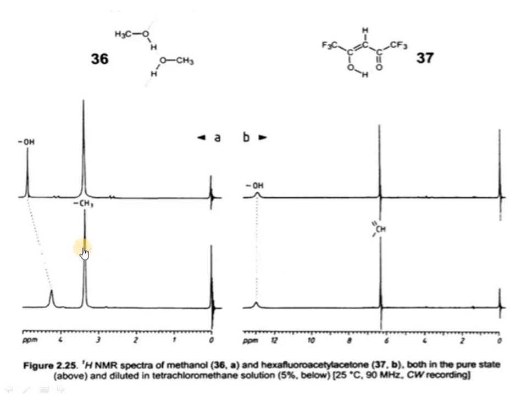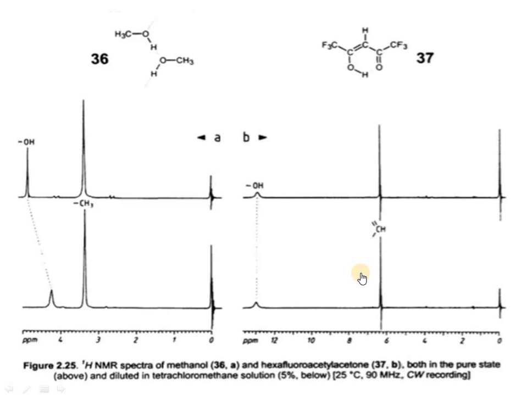Now the change in peak is due to intermolecular hydrogen bonding, which breaks due to the addition of the other molecule. But in this one, because only intramolecular hydrogen bonding is already present in this molecule, after adding methanol there is no change in the spectrum. So by this example we can easily say that in molecules in which intermolecular hydrogen bonding takes place, there is a change in the position of signals and in the height of the peak. But in molecules in which only intramolecular hydrogen bonding takes place, there is no change in the position of signals or the height of the peak.